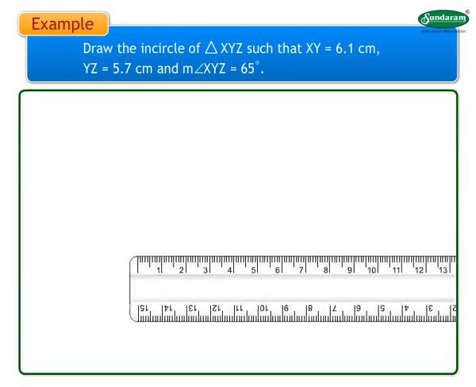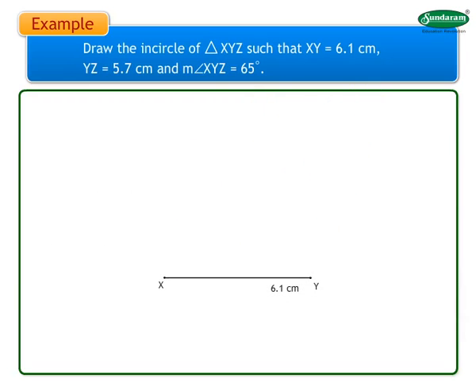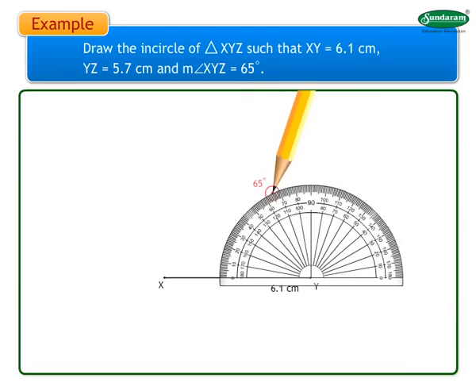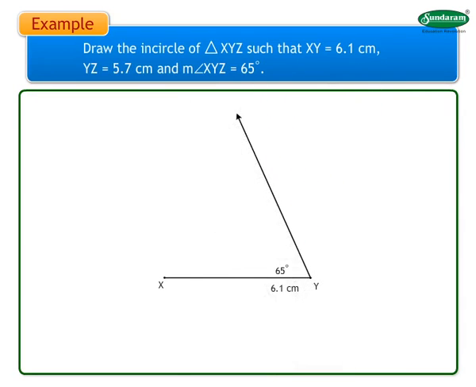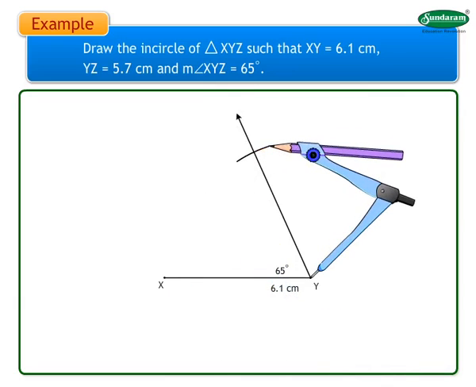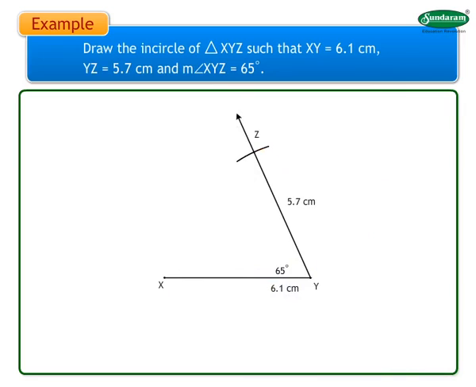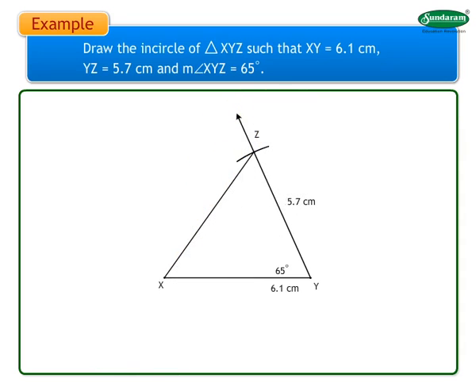First, draw segment XY of length 6.1 centimeters. Measure 65 degrees from point Y and mark a point. Now, draw an arc from point Y of length 5.7 centimeters and mark that point as Z. Also draw segment XZ. You get the required triangle